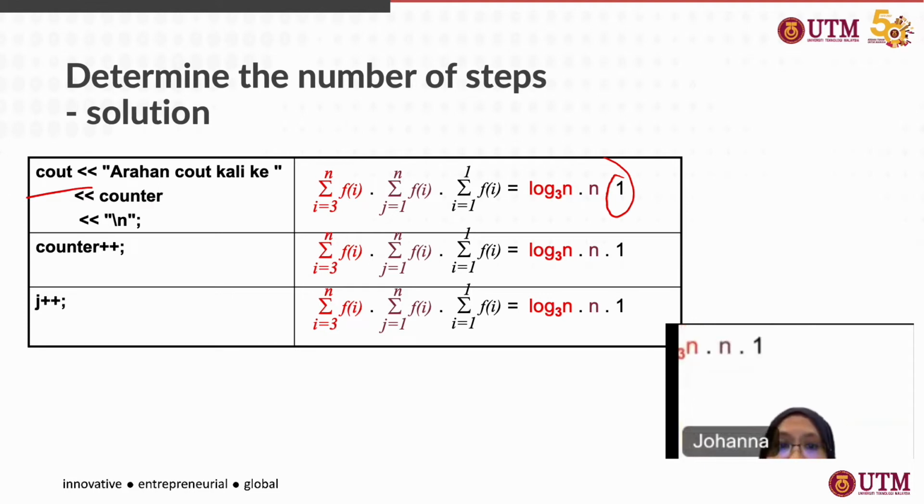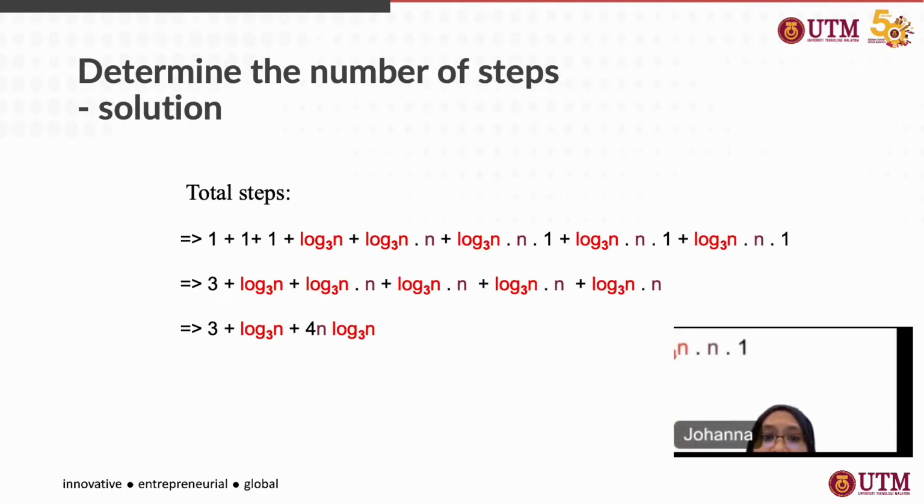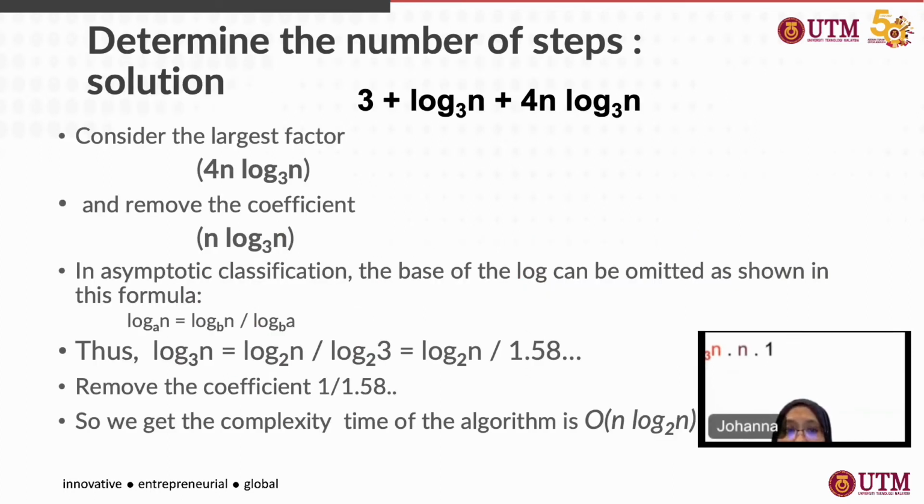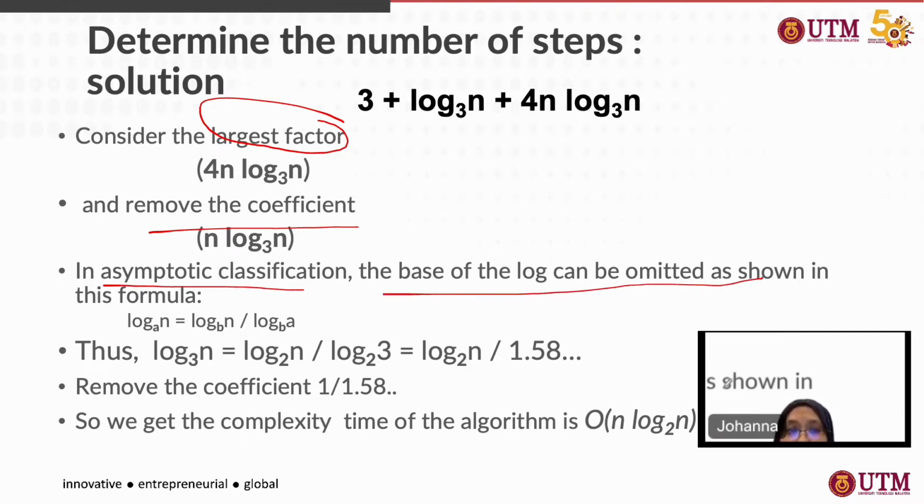All right, then when we calculate the total steps here, we get 3 plus log n base 3 plus 4n log n base 3. All right, if we remove the coefficient, we are able to get that the total complexity is 4n log n base 3. Okay, but we need to remove the coefficient because we need to have log n base 2 only. Okay, because in asymptotic classification, the base of the log can be omitted,